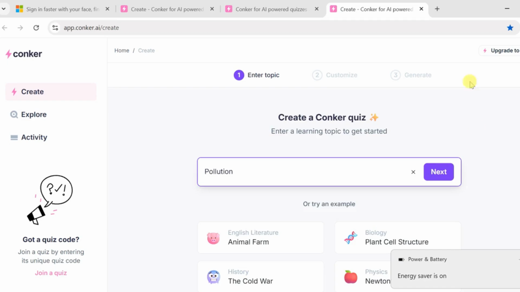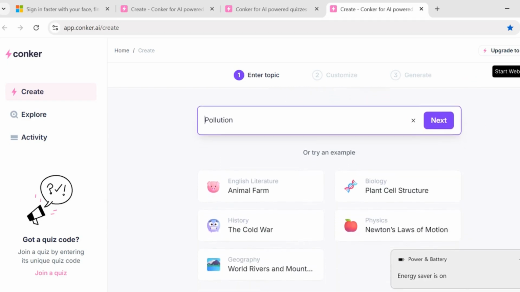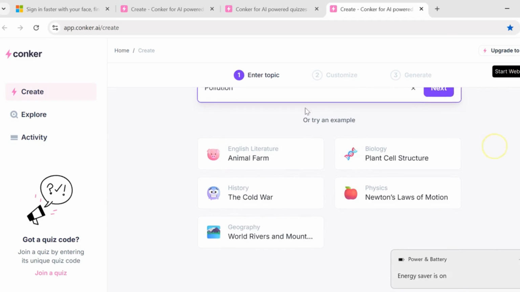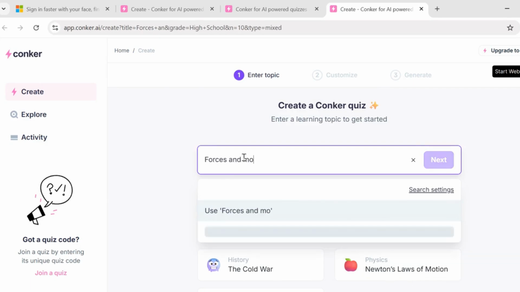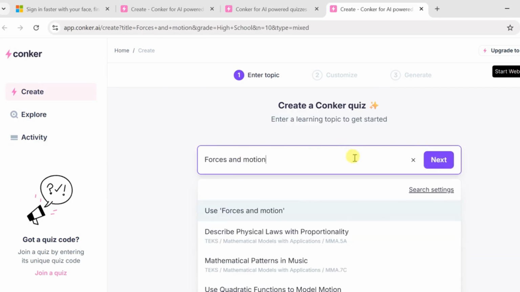As you see, there are examples from English literature, already made tasks in biology or history or physics or geography. Suppose you're teaching a certain topic. For example, you're teaching a topic in physics, that's forces and motion. So you just write the topic